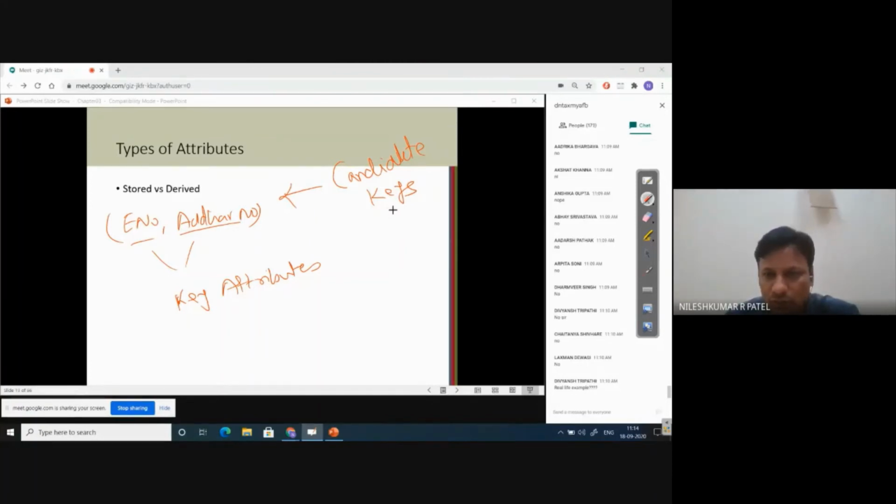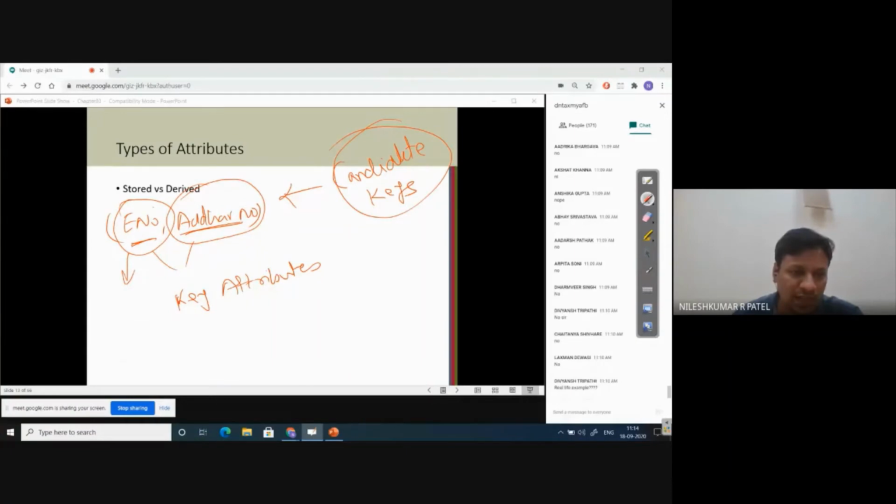Clear to all of you till now? I will give you real examples, don't worry. So this means enrollment number is a key, Aadhaar number is also a key, it can become a key, and as it can become a key, we call them candidate keys. And we have to identify one from the two. We can only make one attribute the key attribute, either enrollment number or Aadhaar number in this case.